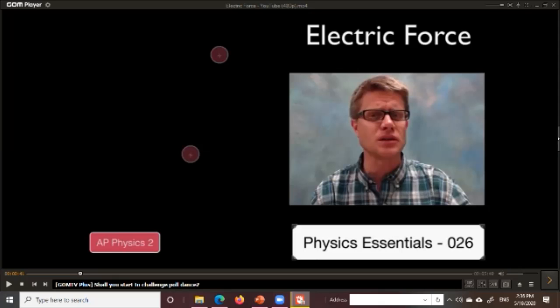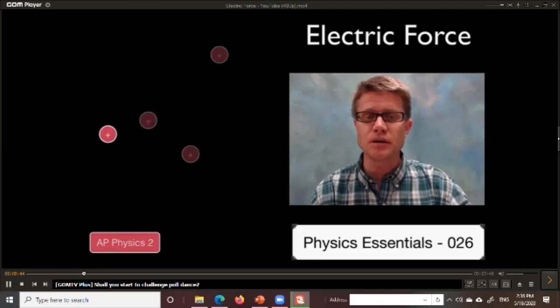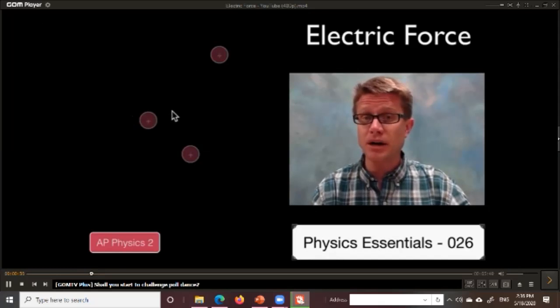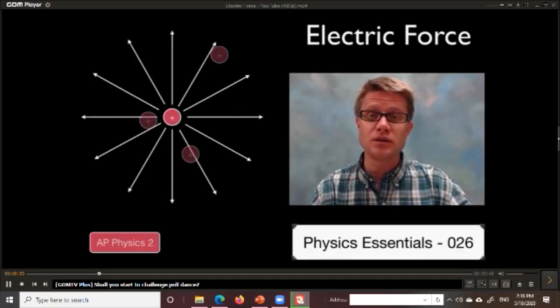Now, what is the force of the electric field? It's accelerating away a little bit more quickly. Now let's put it right here. So it really accelerated quickly. That means that there must be a charge somewhere around here, and it's a positive charge because it's pushing that positive test charge away. And so we could represent that field with these field lines. It's a vector electric field.